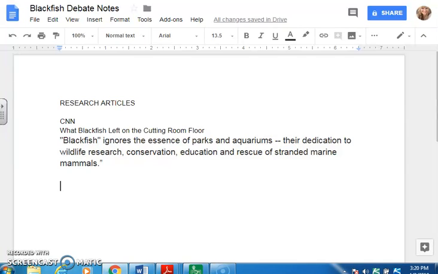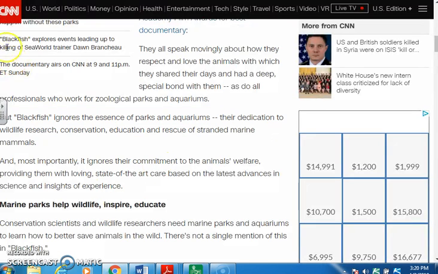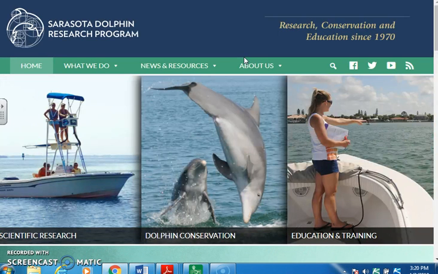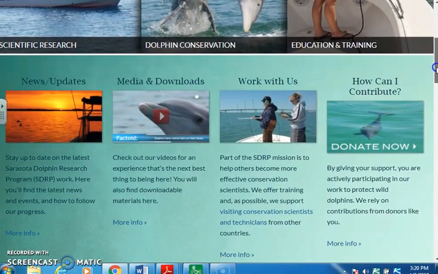So I'm going to come back to my article and continue reading. As I'm reading, I can see here that it says the world's longest running study of dolphin population is led by a zoological society. That looks kind of interesting. Let me click on that. Okay, so Sarasota Dolphin Research Program. This would be another really great website to look at.